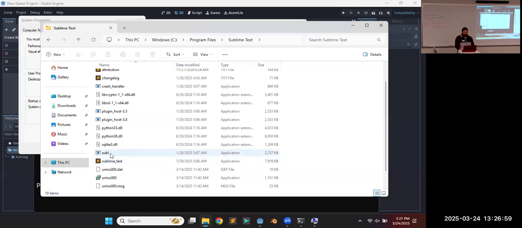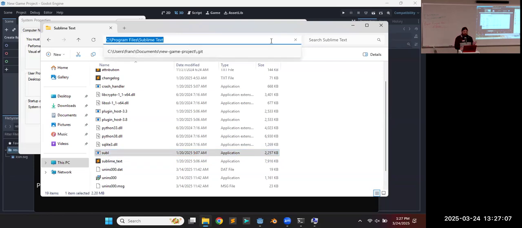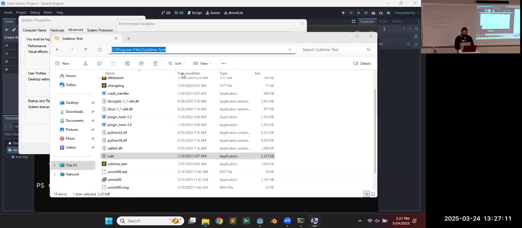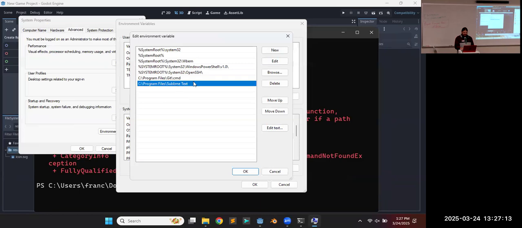So here it is right here. Here's the application, subl.exe, the actual application. So we're going to point at that. So really, we just need to copy the address to it. And then in that, I guess I was almost there. Copy that and then add in the executable. So in my case,